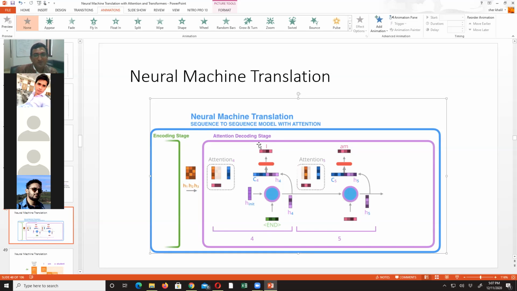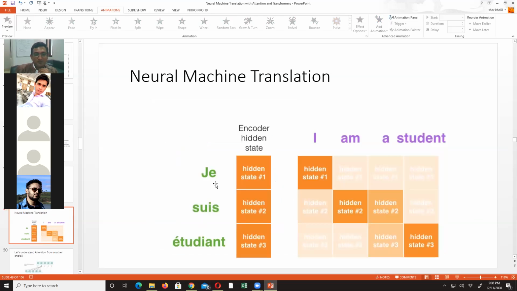So here we say, when you have seen I and M, what is the next word that you need to predict? In this case it is A. And then we say, when you have got I, M, A and this hidden state, what do you need to produce? It is "a student". So when you are training, you will have all these inputs available here. But during the test time, all of them will be empty. You need to just produce output from these hidden states. Right? So you can see here, when these were the three words, this is because of hidden state 1. So we say focus on this, make everything else blur. We have to blur everything else. Focus on 2, blur everything else.